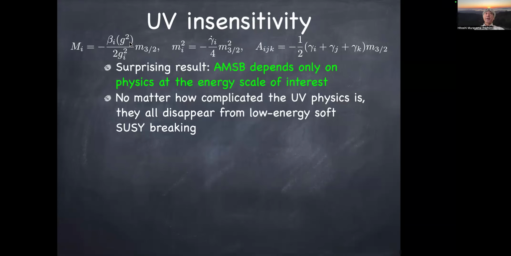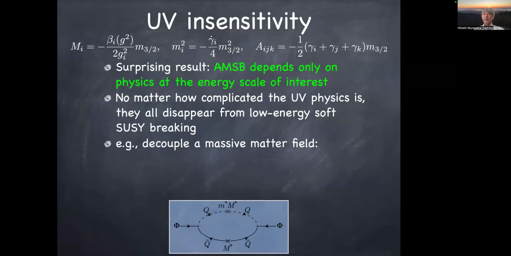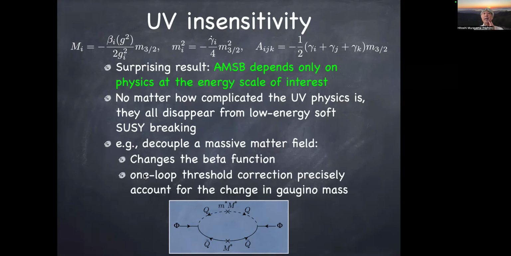But when you go below the threshold, the beta function doesn't include the heavy particle anymore. So the beta function jumps. And it turns out that when you integrate out this heavy particle, you need to compute this one-loop diagram as a threshold correction to the mass of the gaugino, and these threshold corrections end up precisely canceling the contribution to the beta function of this massive particle. So in the low energy, you end up with the correct formula with the beta function that does not include